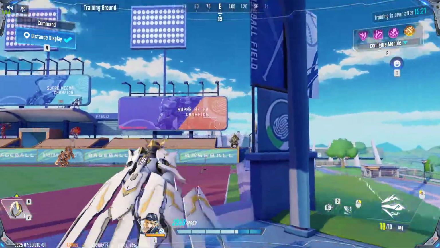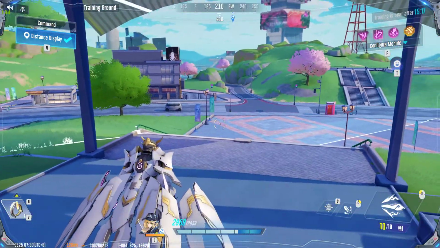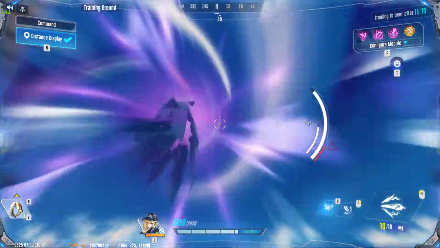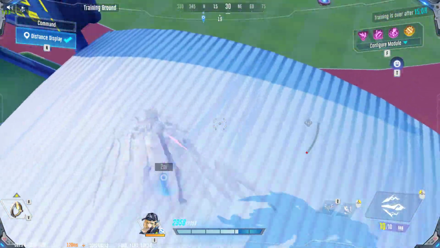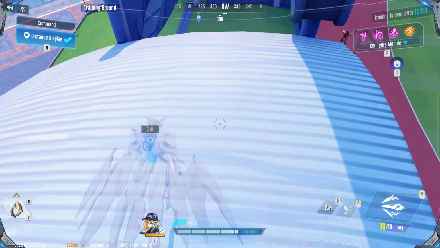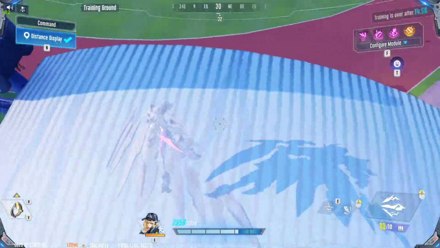Let me try again. So let's say in a team deathmatch, or let's say in a battle royale, you must need to go up, otherwise you cannot survive. So what can you do? You basically aim at this place, and yep, you are now on top of this platform. So this is another, what should I call it? Escape mechanism that you can use using the tactical skill, and then you will be on top of this platform